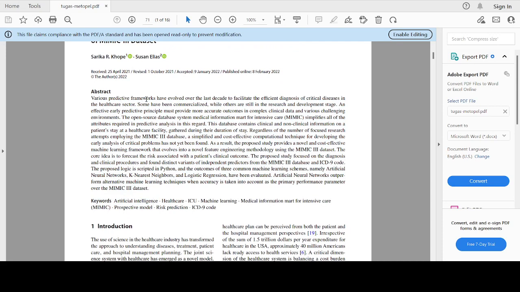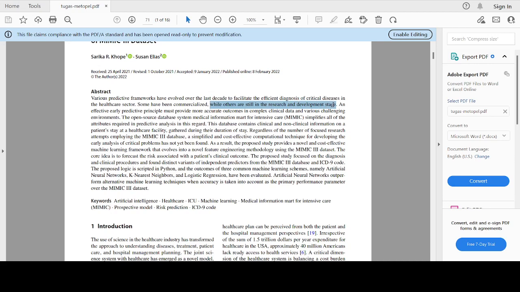Various predictive frameworks have evolved over the last decade to facilitate the efficient diagnosis of critical disease in the healthcare sector. Okay, so this is the background setting of this research. Various predictive frameworks have evolved. So this is the condition right now, and some have been commercialized, while others are still in the research